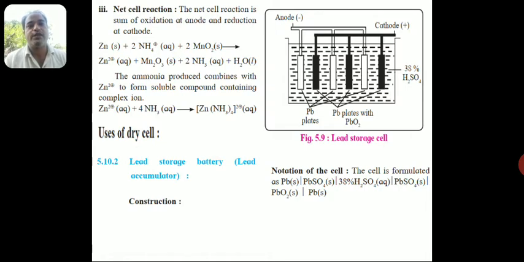Nowadays in our mobiles too, when the battery gets discharged it is recharged, but that battery is a different one. This one is generally used in our cars and automobiles. When we use a car or any vehicle, recharging of that battery takes place. So there is charging and discharging of the cell, and that's why it is called a lead storage cell or lead storage battery. It is just storage of electricity and we can use it whenever we want.